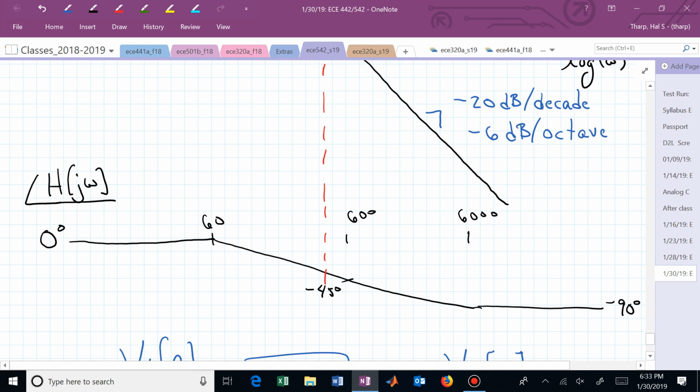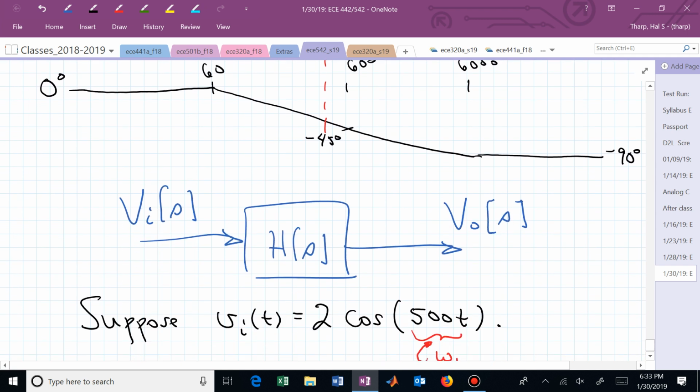It's not 0 degrees, is it? It's now negative 40, something like that. So it's going to be shifted in time with a phase shift. It's going to be delayed by an amount in time consistent with a phase angle of minus 40 degrees. And we can say that with just a basic